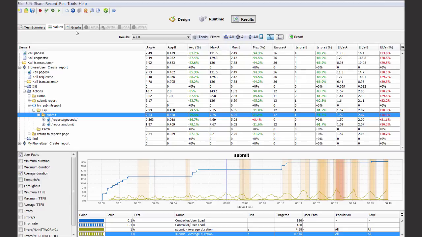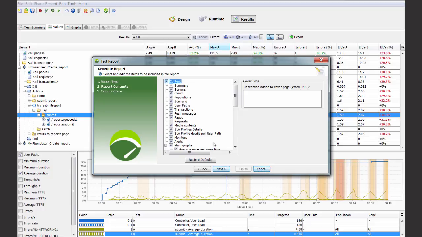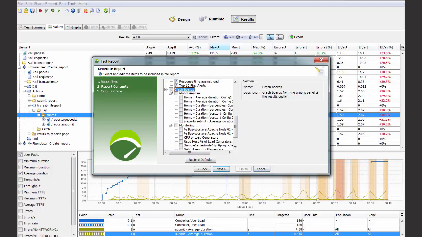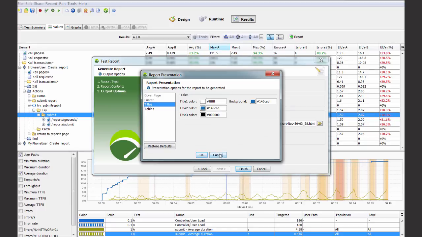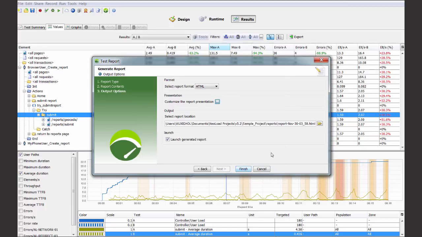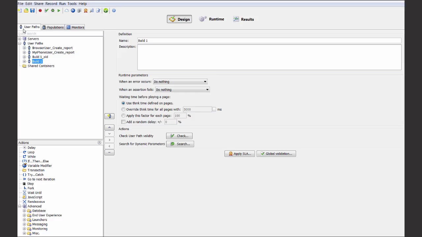The last thing I might want to do is create a report. Maybe I want to push this out to some teams. I can come in here, I can generate a report. This report here, that's the comparison, but maybe I just want a standard report off the good one, and I click next. I can pick and choose what I want in that report. Okay, and I can pick and choose the style of report. Maybe I want to put this up on a web server, so maybe HTML, and you can customize everything, fonts, logos, footers, you name it. I would click next, and then it would create the HTML, or in this case, if I do PDF, and so on. So very powerful, very slick tool, very easy to use. Again, no scripting involved,